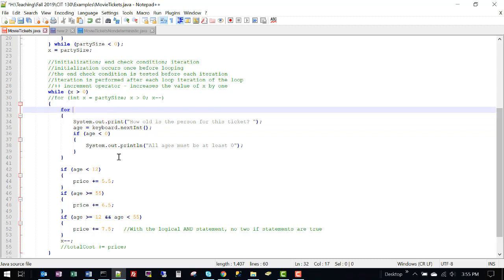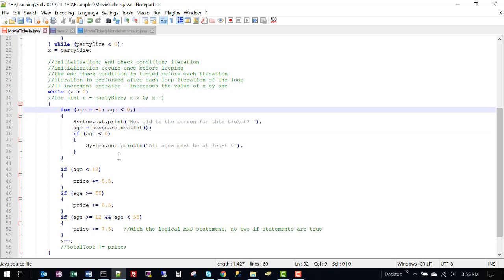If I say for age equals -1, age is less than 0, nothing,